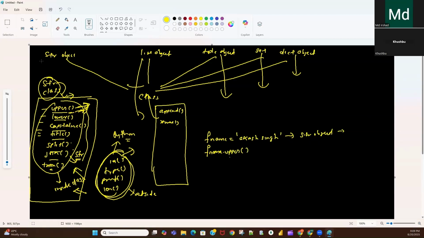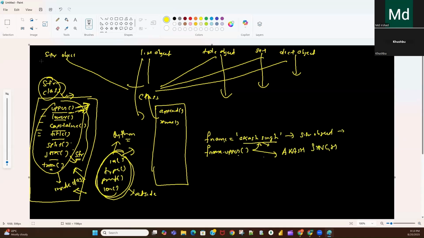This upper function will just take a copy of the value. It will not do any changes here. Whatever value the object contains, it takes a copy, converts it into uppercase, and returns the value like this, AKASH SINGH.